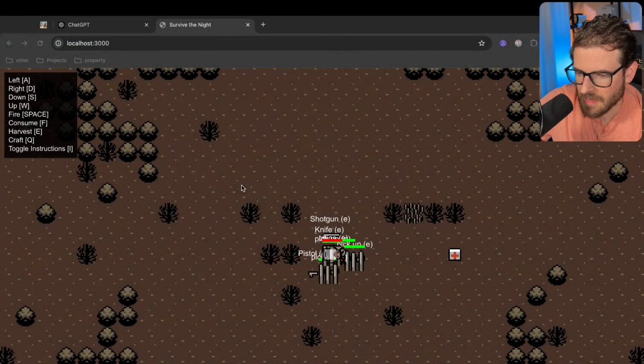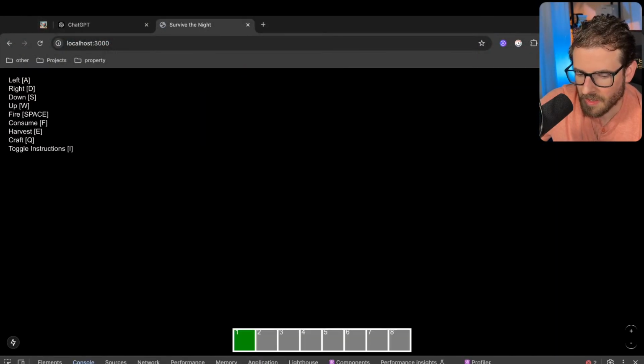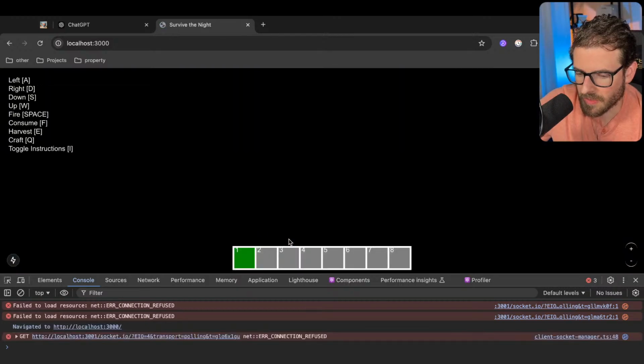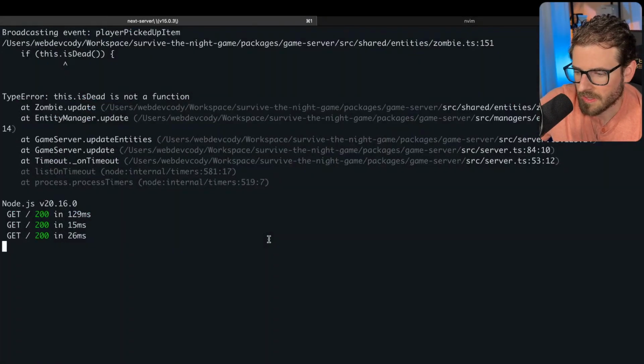I'm actually surprised. This game should be broken now. Yeah. All right, so now we're at a point where the game is actually broken. And we could probably look at the server to figure out what's going on here. So entity zombie is dead is not a function, and that's been called by the entity manager here.